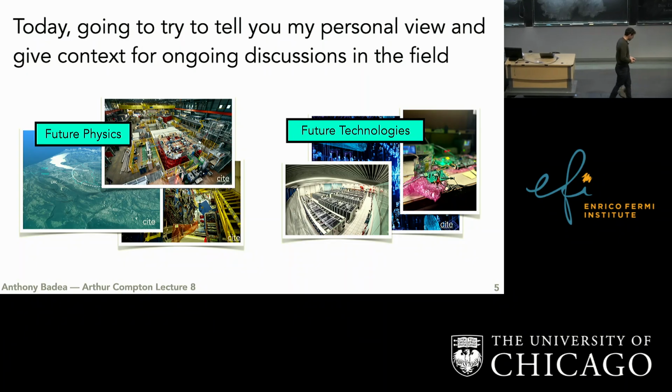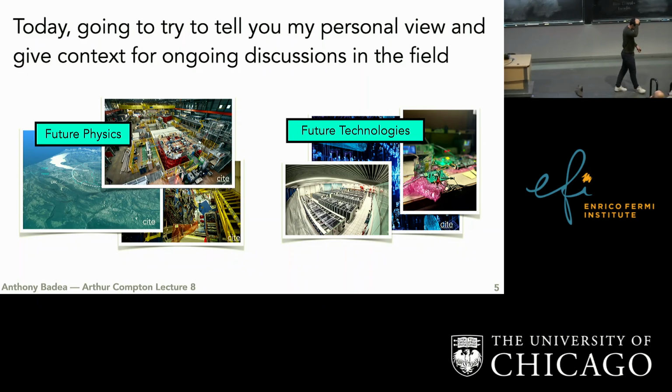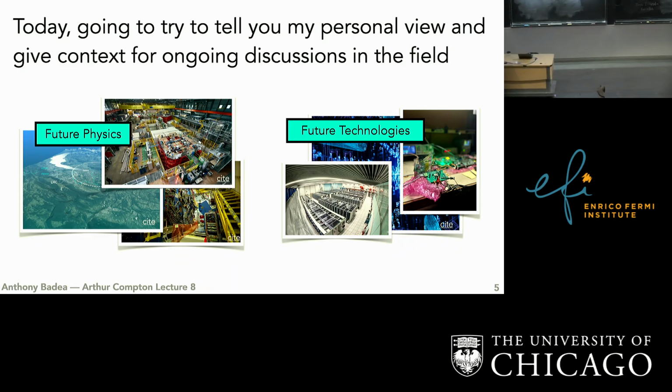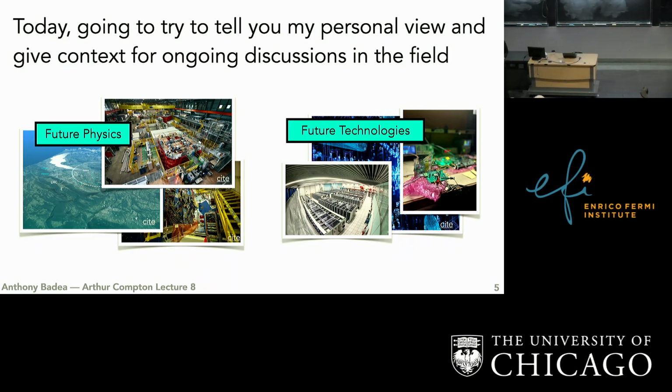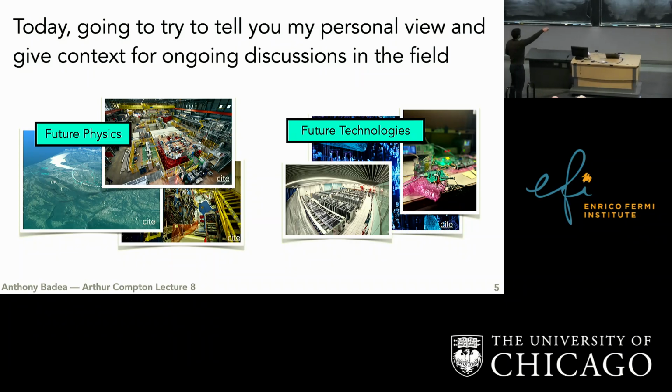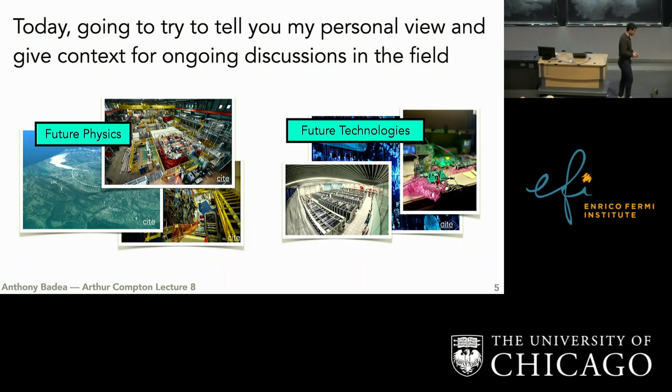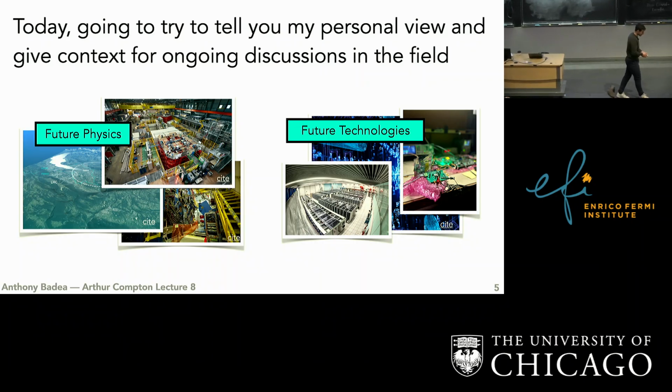When I was making this, I was struggling, because I was trying to put a lot of ideas from other people in there about where the field was going, and this was very hard for me. So what I decided to do was tell you a very personal view of where I think the field is going, both on the physics side and the AI side. I'm going to really focus on the future experiments. I'm going to give you 2 roads that I see in physics, and then future technologies, basically entirely focusing on AI here, but I'll give a nod to other types of technologies.